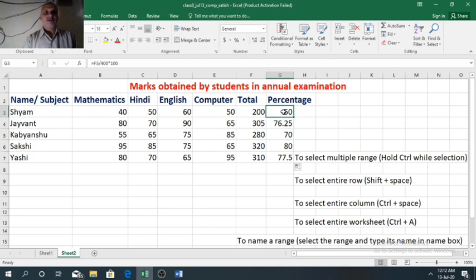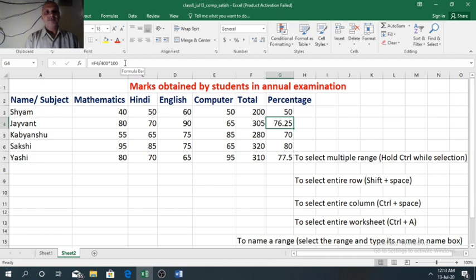Again we can see in the formula bar, here we have F3 by 400 into 100. See the formula entered in the formula bar here. F3 by 400 into 100. Now I will change the cell, and here you have to see the change in the formula.